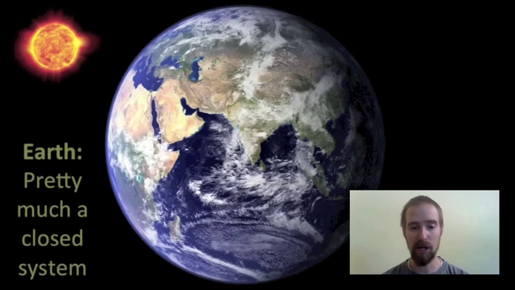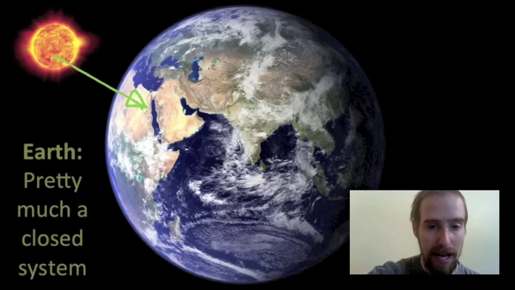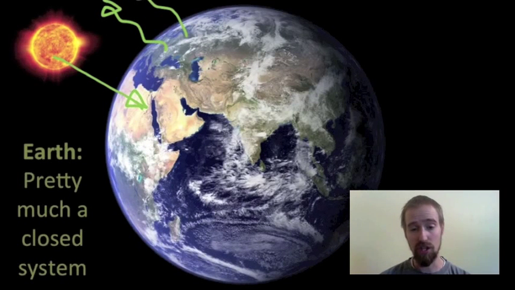Now, an interesting thing about a closed system like the Earth is that although matter isn't really able to move in and out, with the exception of a few meteorites that might land on our planet and a few satellites we've put into orbit, energy, however, can travel in and out of this system. So the Earth gets its energy mostly from the sun, and that energy then is occasionally re-radiated back out into space. So energy can enter and leave our system, but all the matter that makes up our system is contained within our system, and it's there to stay.